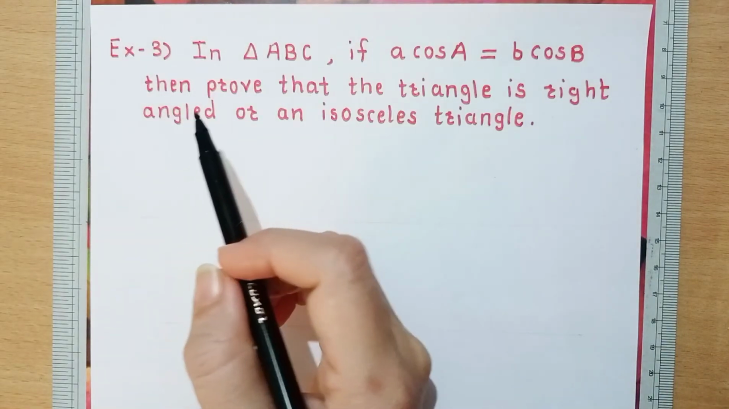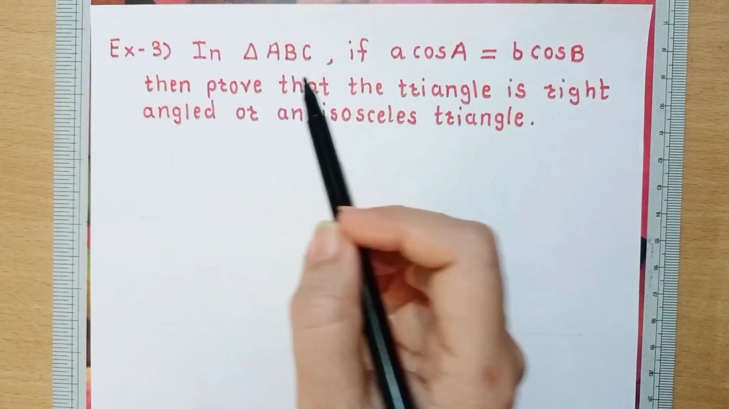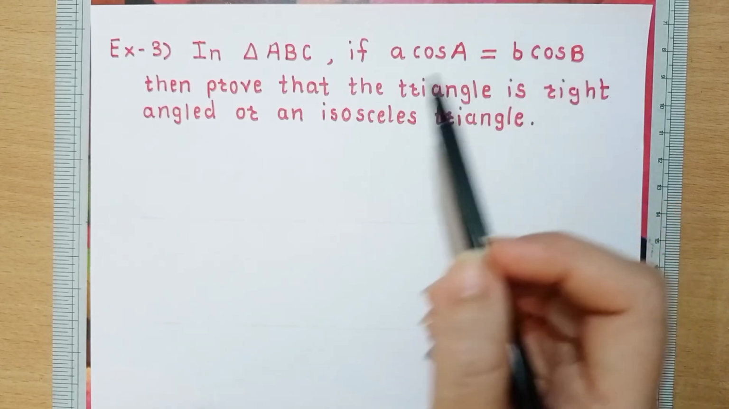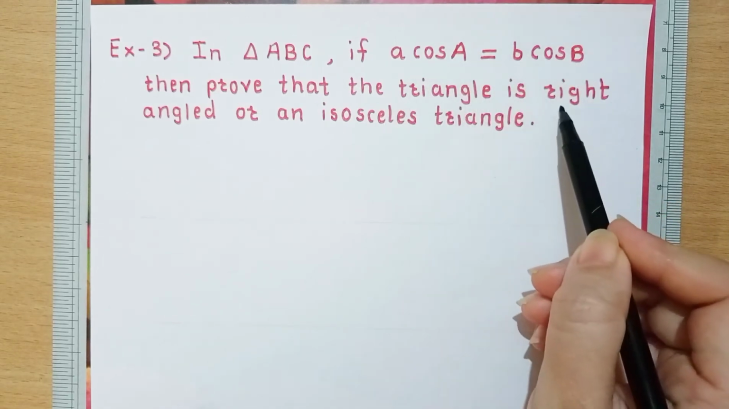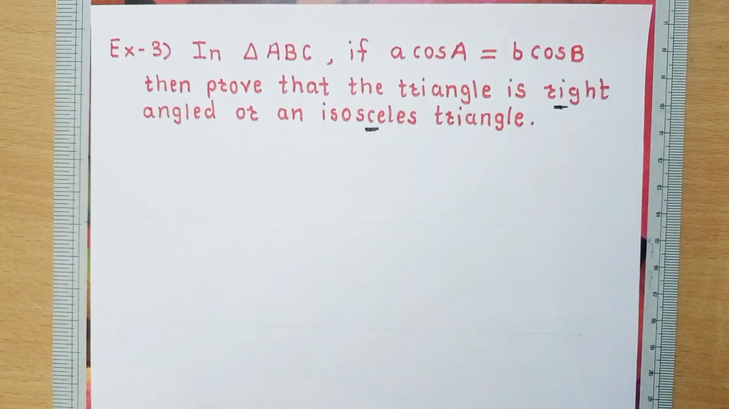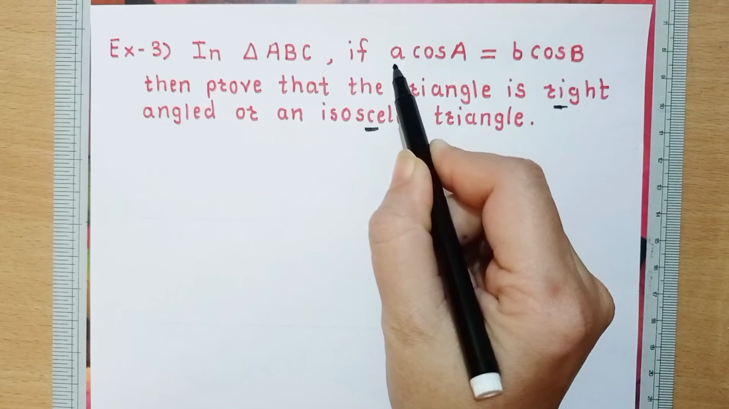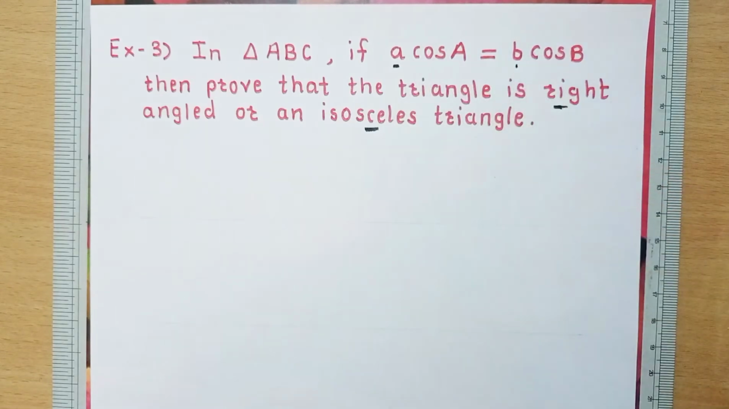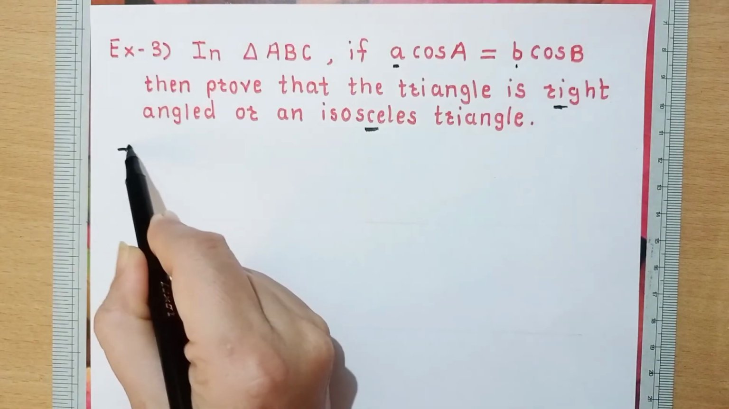This is our third example. In triangle ABC, if a cos A equals b cos B, then we have to prove the triangle is right angled or an isosceles triangle. And by the sine rule, here we will substitute the values of a and b. So by the sine rule,